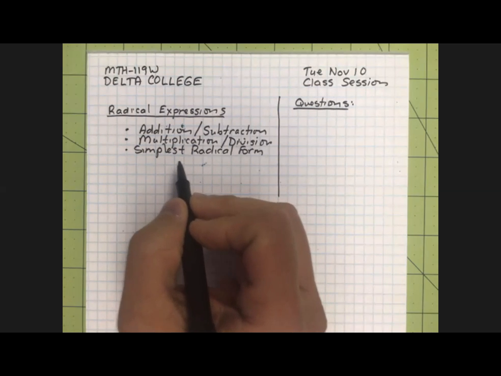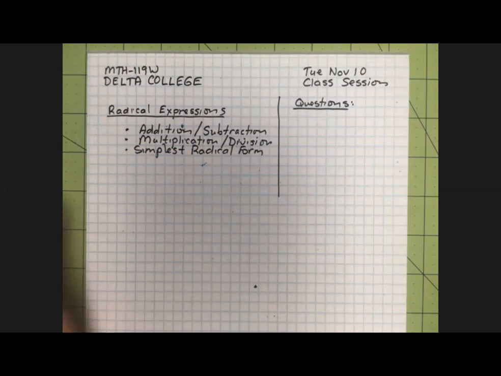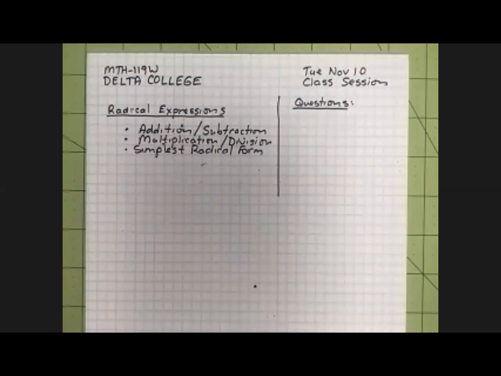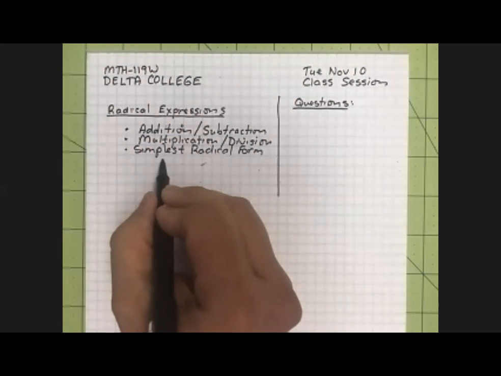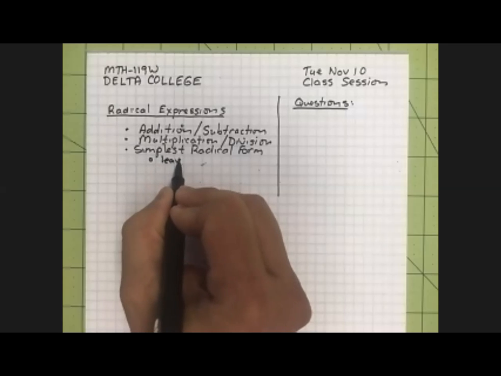The idea that if two people are given the same radical form, we want to arrive at one answer. We want to have rules for expressing radicals in a uniform way. And that's simplest radical form, which is, basic English explanation: